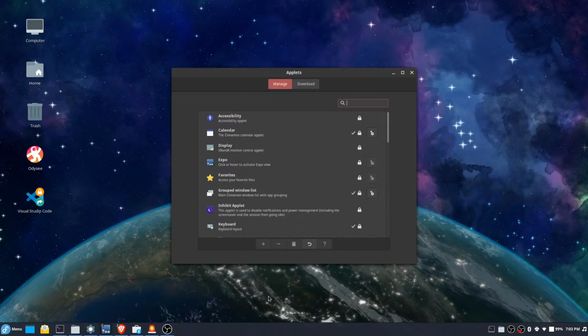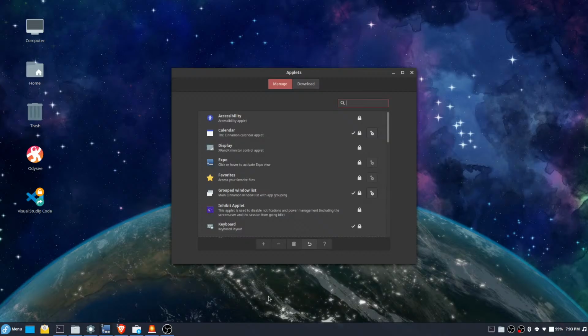System tray, user applet, windows list, windows quick list, power manager, panel launchers, notifications. Yes, they have notifications. Favorites, expo, display.